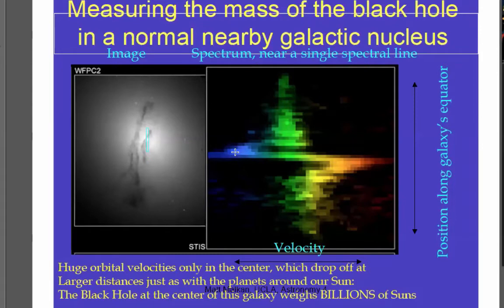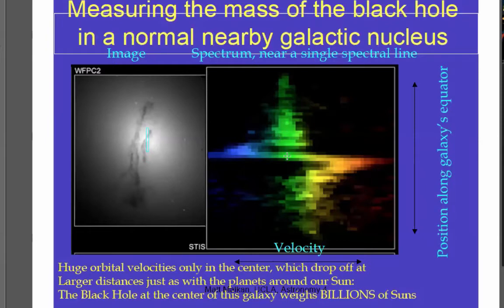Just outside the nucleus, it is hugely blueshifted, 1,000 kilometers a second. Just a little bit to the south of the center of the galaxy, it's moving around at a huge redshift, like 1,000 kilometers a second the other way. This falloff here, V goes like the square root of 1 over R. V equals the square root of GM over R. This just looks like a solar system or a Keplerian rotation curve going around what? A single mass.